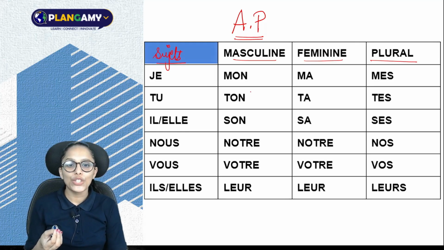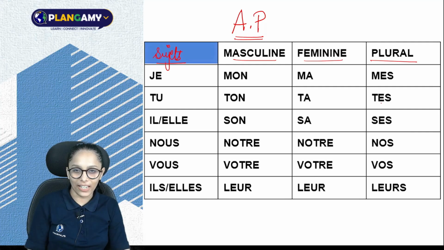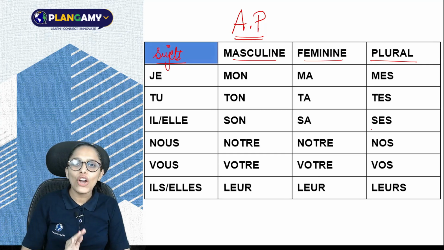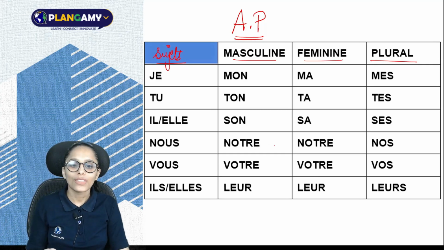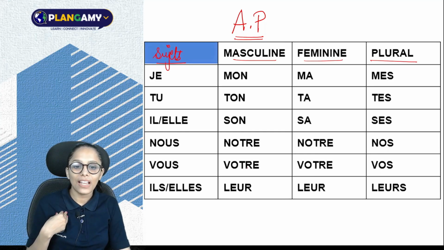So, here we have mon, ma, mes, which means my, ton, ta, tes, that is your, son, sa, ses, his, hers or its, notre, nos, our, votre, vos, yours, leur,